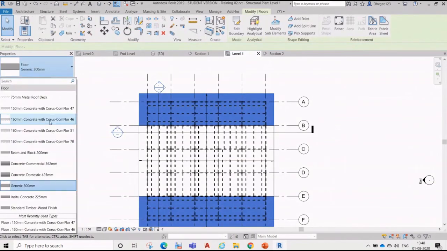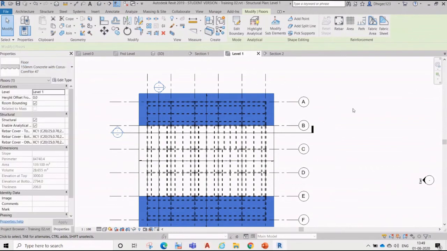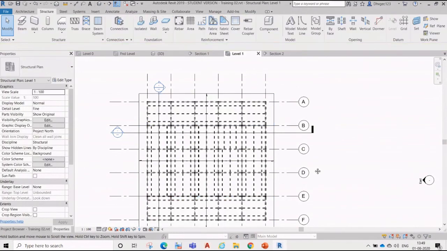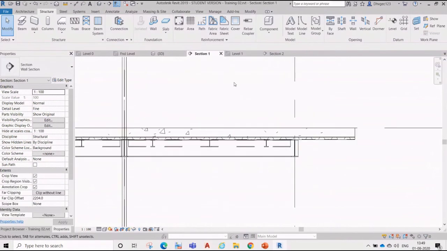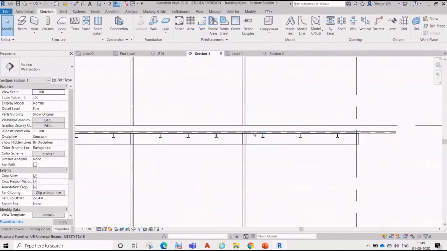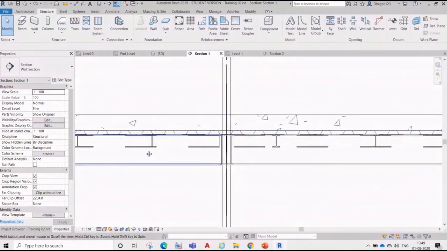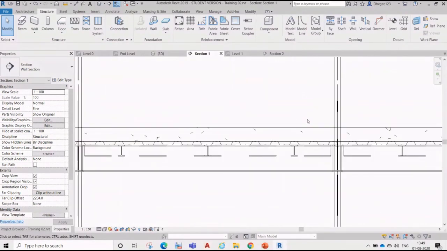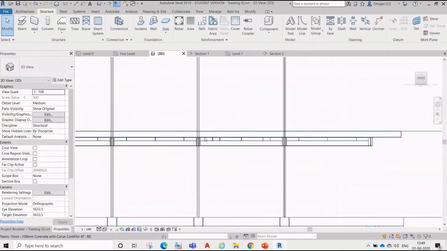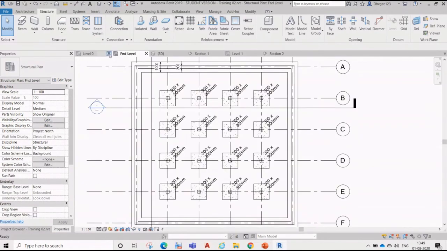Now this one is that. Right. So if we will go this section, this one section, section one. So in section one, you will see that, where is section C?